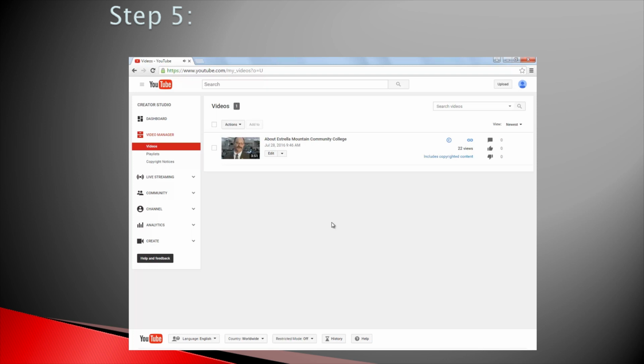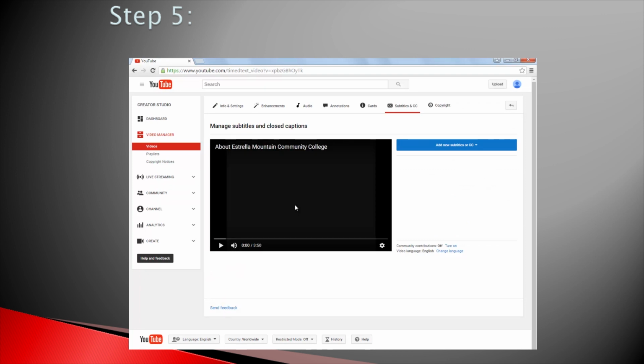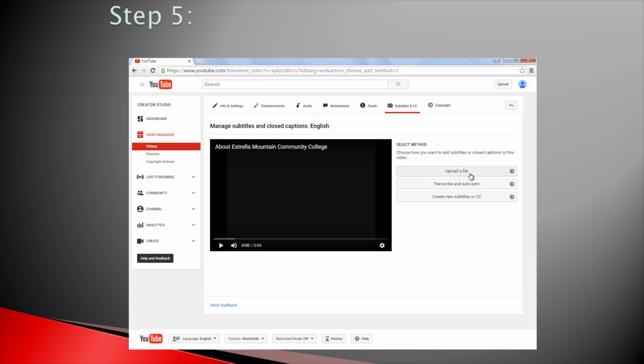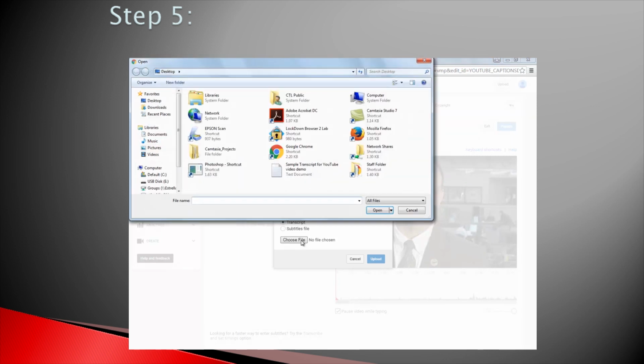Step 5. From the left menu, choose Video Manager. Click on the Edit drop-down menu and choose Subtitles and CC. Click on Add New Subtitle or CC and select the appropriate language. Click on Upload a File and choose File. Navigate to your plain text file